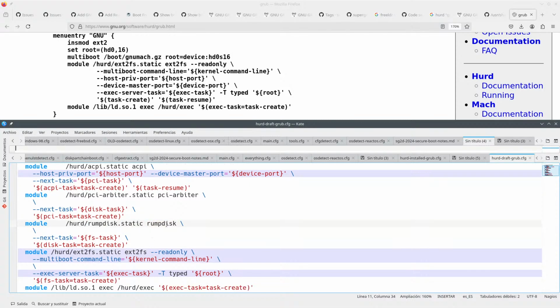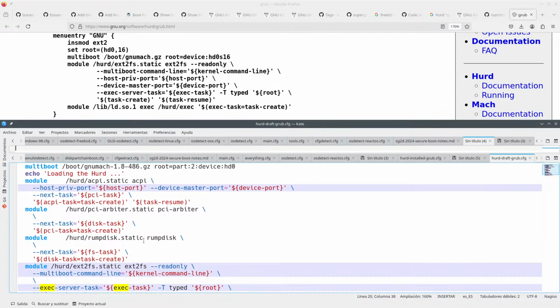What the hell is a RAM disk? Then the file system thing, which is this one here, and finally nothing else. This linking, so that you can link executables, and finally, thanks to this link, you can execute this exec, which might be something like systemd, you know, PID 1, the init thing. Maybe that's the equivalent.